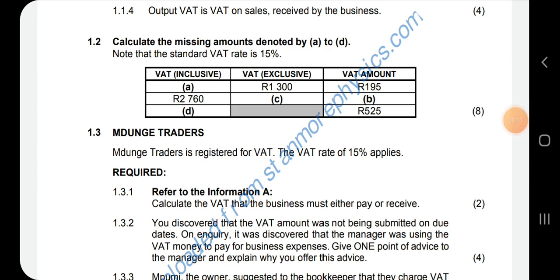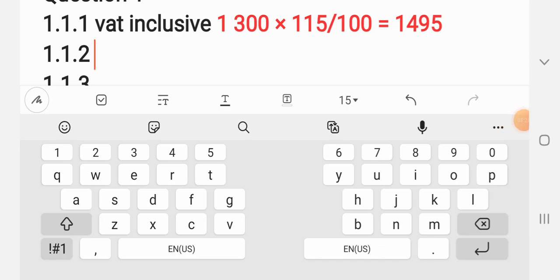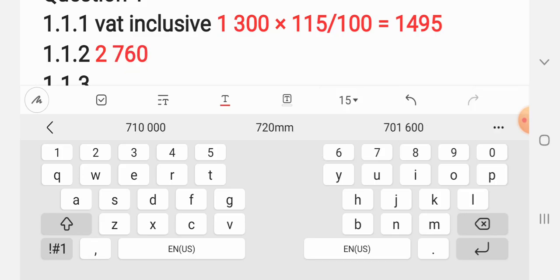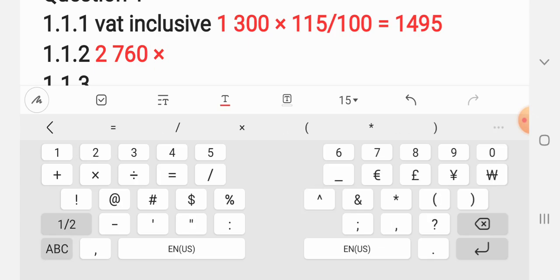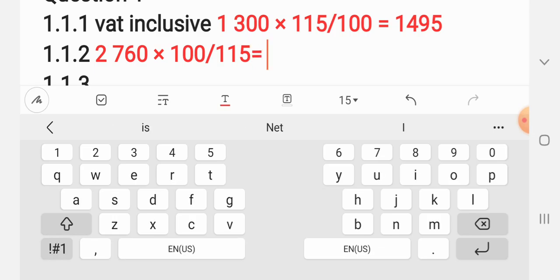So number B, we are given the VAT inclusive amount, and we need the VAT amount and the VAT exclusive amount. So for this calculation, we are asked to calculate the VAT amount. So I will change color. 2,760, which is the VAT inclusive amount. Multiply that by 100 divided by 115. So when you are given the inclusive and you want the exclusive, this is how you do it. That is going to give us